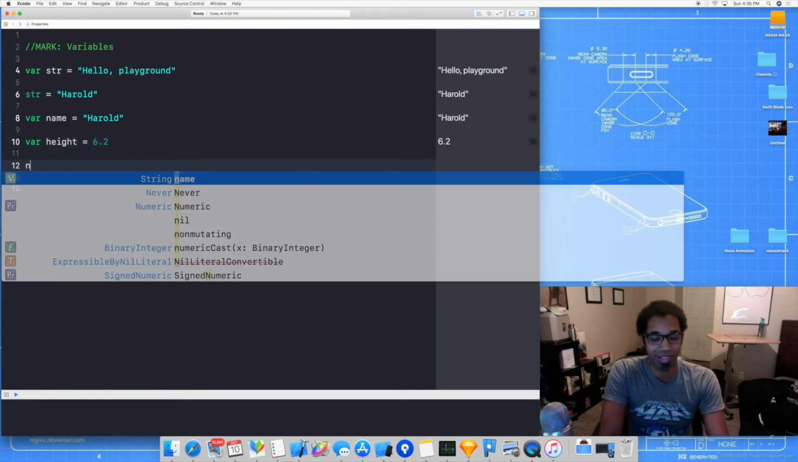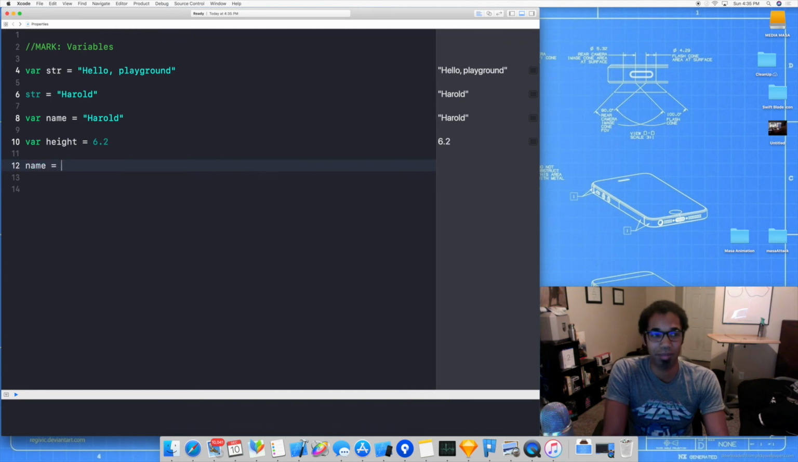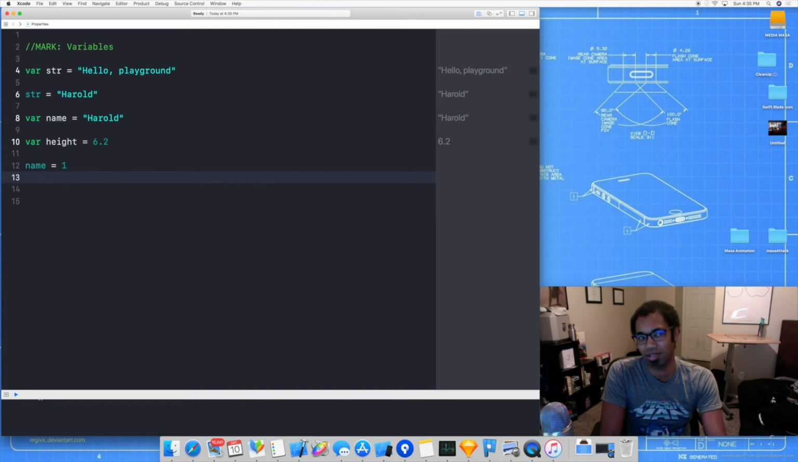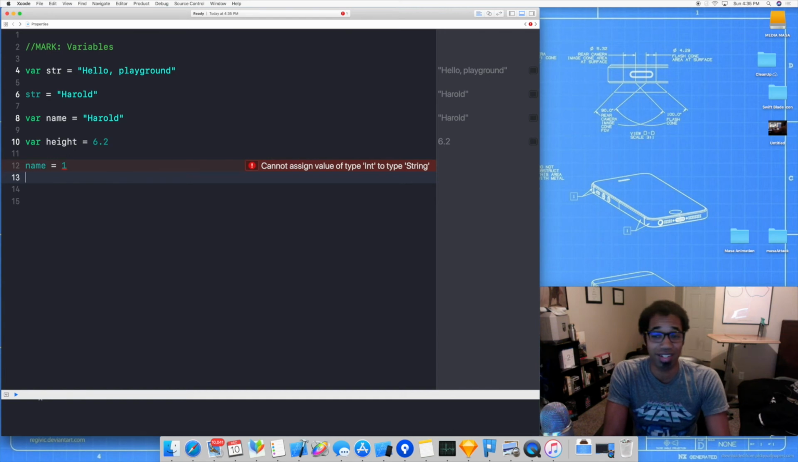However, let's test this out. Let's go name equals 1. Will we get an error? Yes, we will. So there are certain data types that you will need to learn, which we'll probably go over